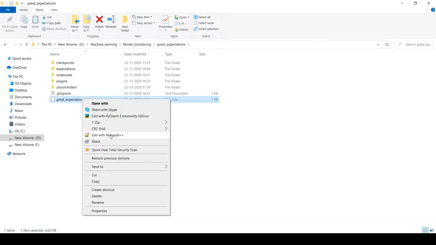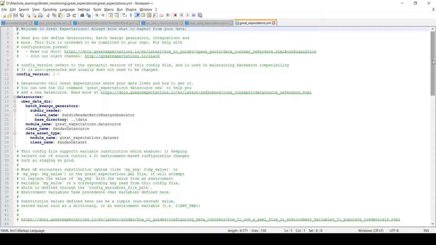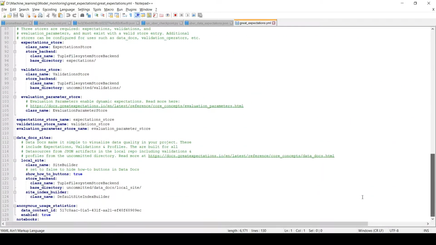And in a subsequent video, we'll see how we can modify the backend so that it will store it within my AWS S3 location. That would be very handy, so that my automated pipeline can automatically pick those artifacts from the AWS S3 location and perform whatever operations are required at a given point of time.